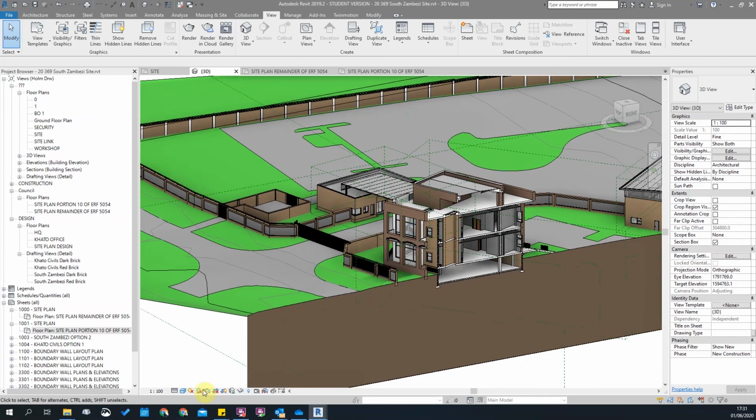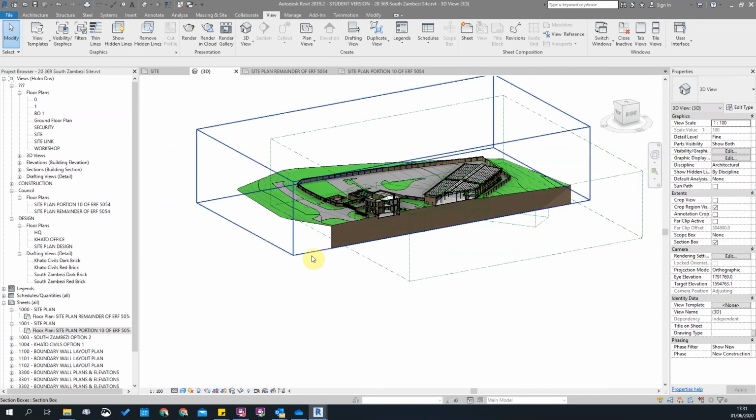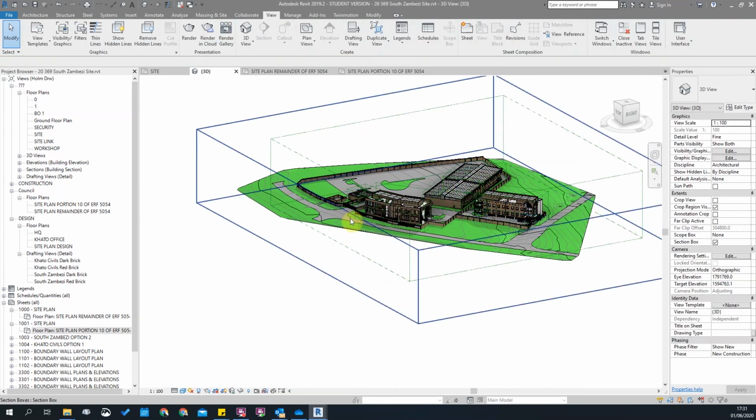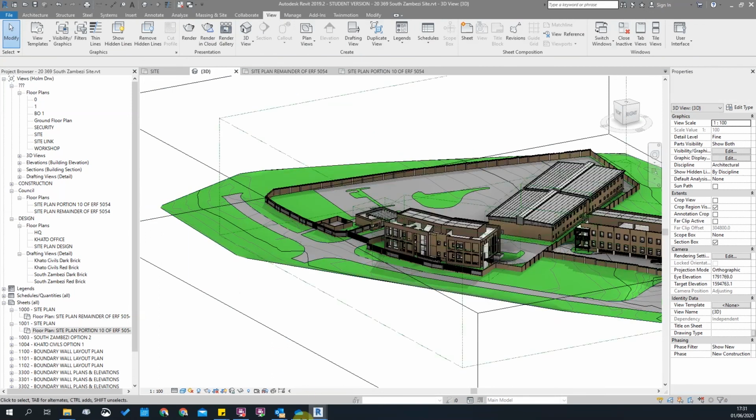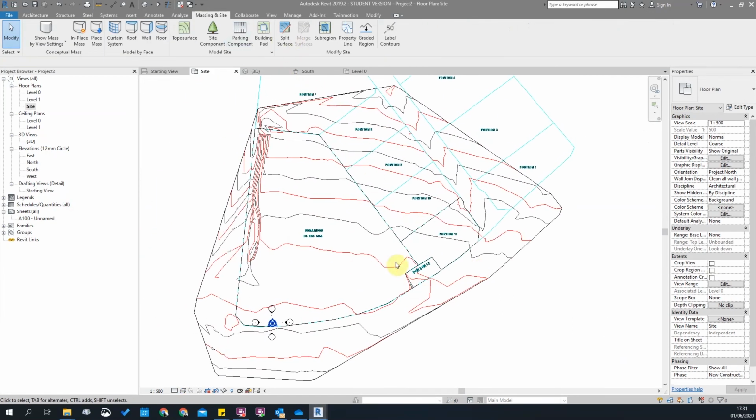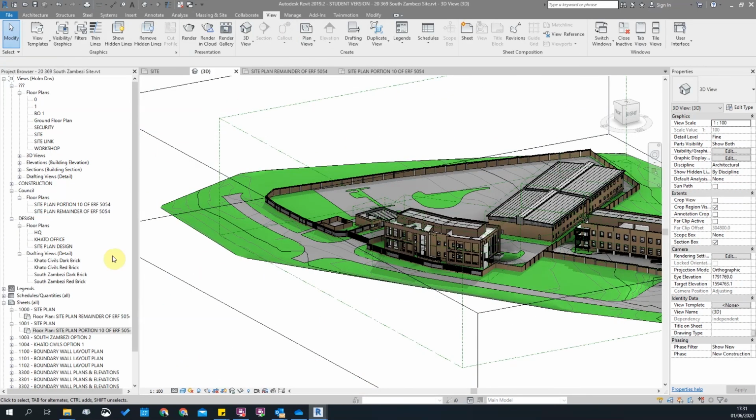Okay. So in a nutshell, that's how you start working with, if you've got AutoCAD information, you've got contour information, that's how you start building your topography. So in essence, all I've done here, let me just go back there a bit. So if I go back to my site view,